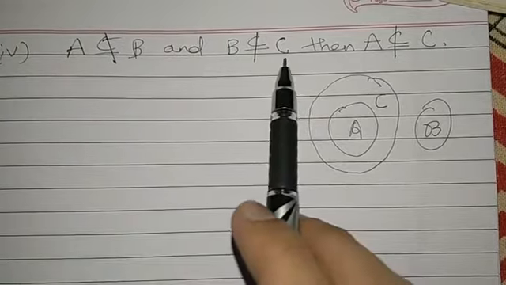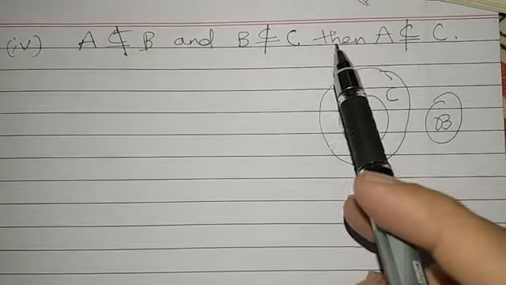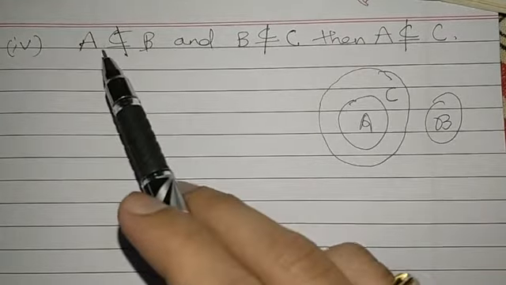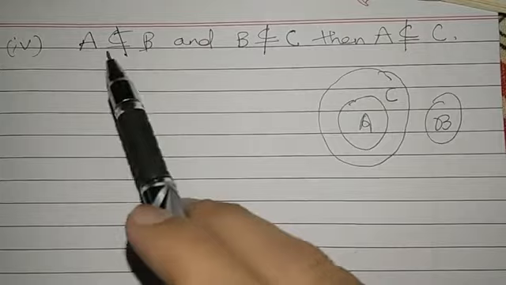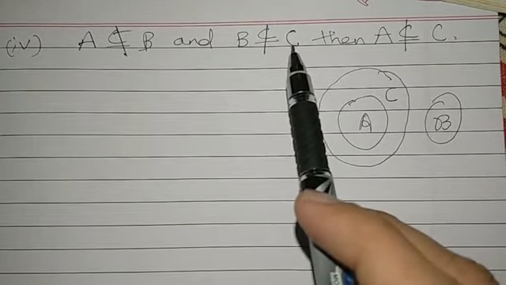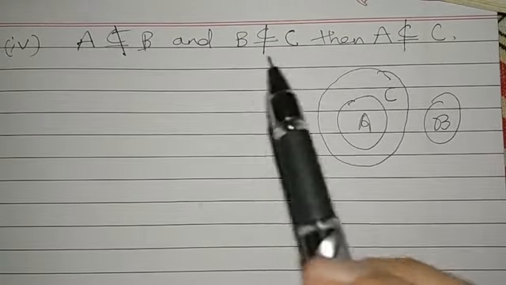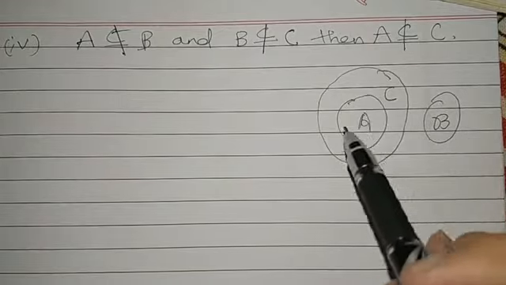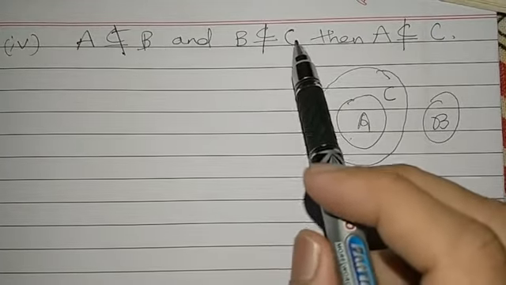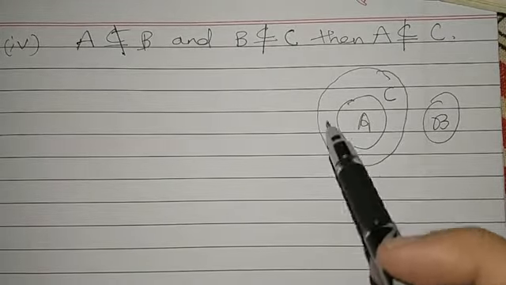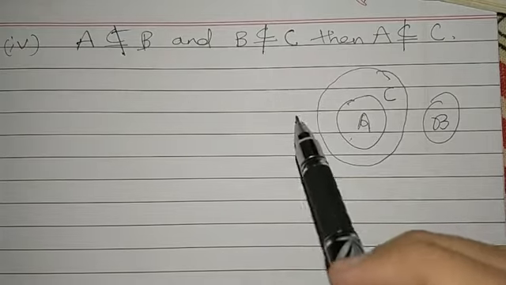So all these conditions which are there, you have to look at the statement which is before this. What is the statement? A is not a subset of B and B is not a subset of C. So A is not a subset of B, so we have taken disjoint sets A and B, so this condition is satisfied. And B is not a subset of C, so also we have taken the set C disjoint from B. So this statement is satisfied.